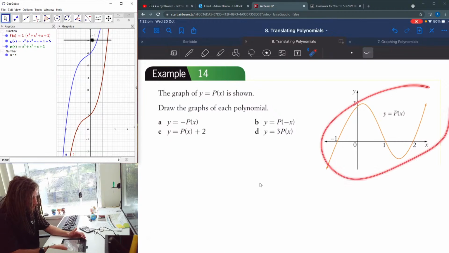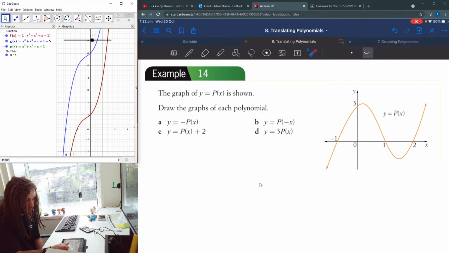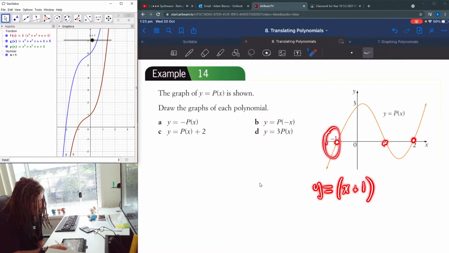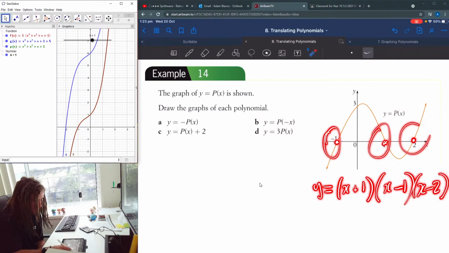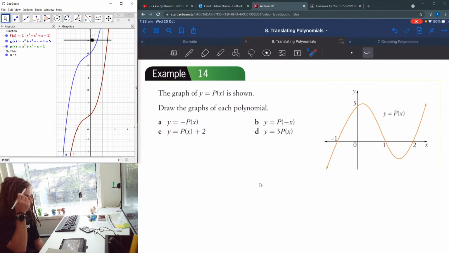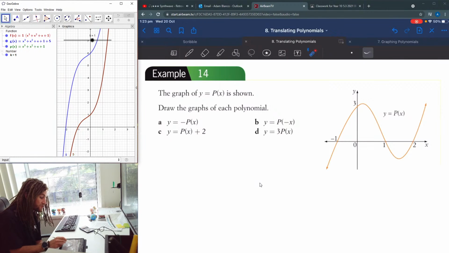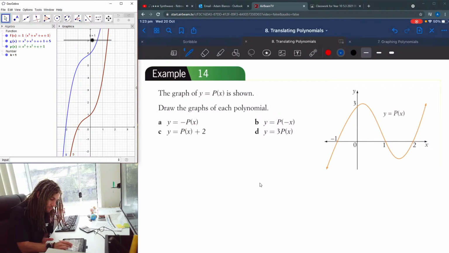I've got a graph. I'm not told what it is, but to me it looks like a cubic. We could probably find it considering I know its intercepts. In fact, I know exactly what this thing looks like. It's y equals x plus 1, according to this, x minus 1, according to this, and x minus 2. So that is quite literally this graph. If I want to draw each of these transformed graphs, then I can do that. So the graph is just replaced with minus p of x. So what I do,